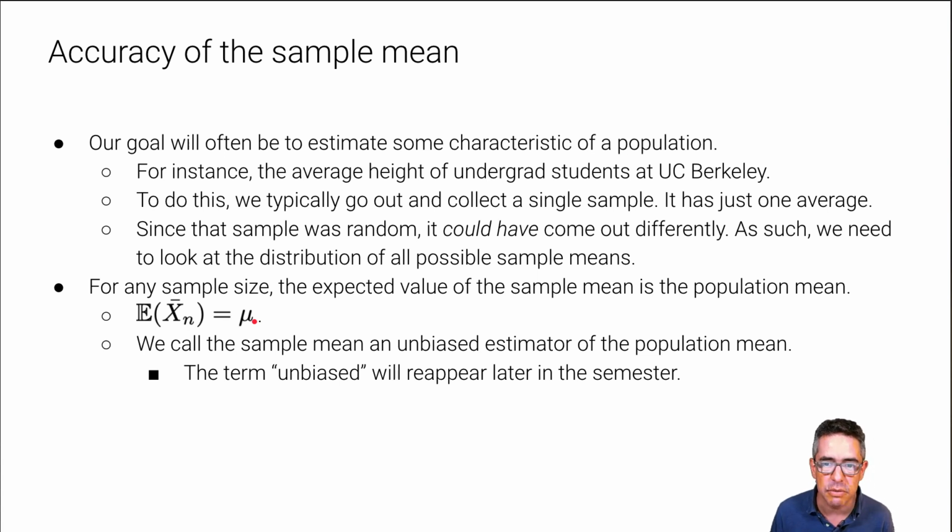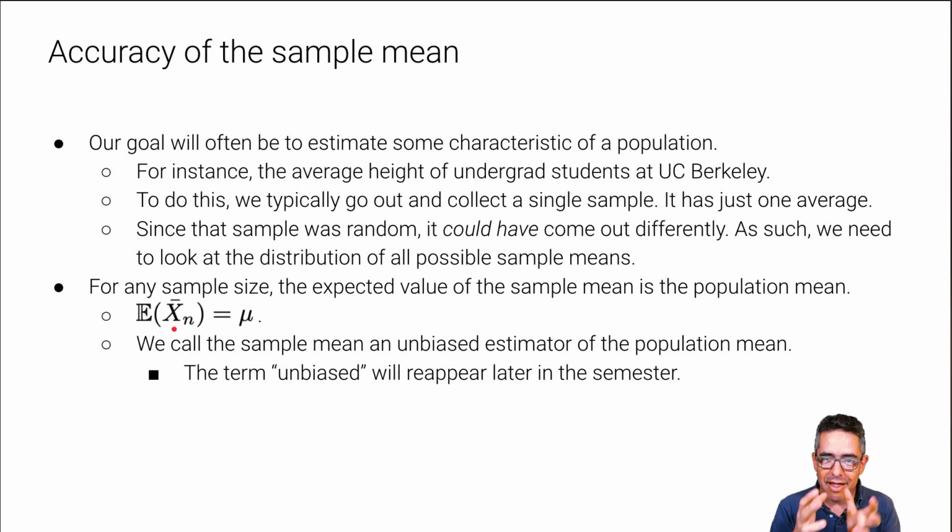Mu was the population mean, right? So what this is telling you is that the expected value of the mean that you get is correct in a sense. Statistically, we describe this as unbiased. Now, this is not an in-depth technical statistics course. You will see more of that. We'll see a little bit more of that later in the semester, and these ideas are covered in more detail in your stats courses. But the point is that when we obtain a result of this kind, that says the quantity that I can compute from the one sample of data that I actually have is, in expectation, the correct quantity that I would have if I had access to the whole population,